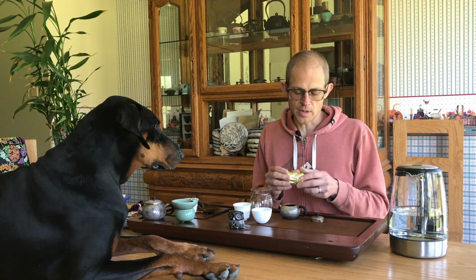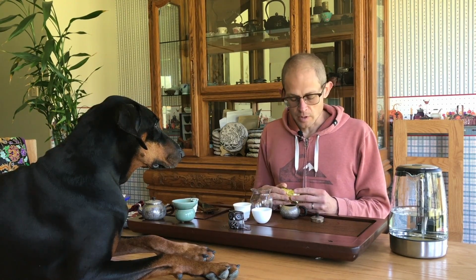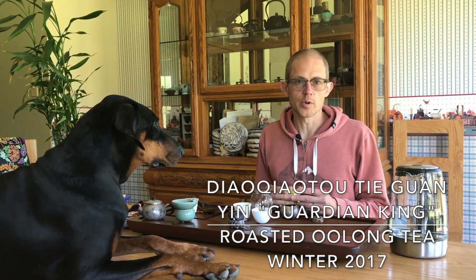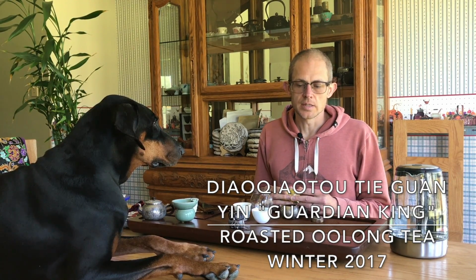called Diaoqiaotou, which is the area. It's an area near Lishan at an elevation of 2,400 meters. It's the Diaoqiaotou, and it's the Tieguanyin varietal. It's called Diaoqiaotou tieguanyin Guardian King Roasted Oolong. And so it's a kind of a light, medium roast, high altitude tieguanyin varietal, which is relatively rare in